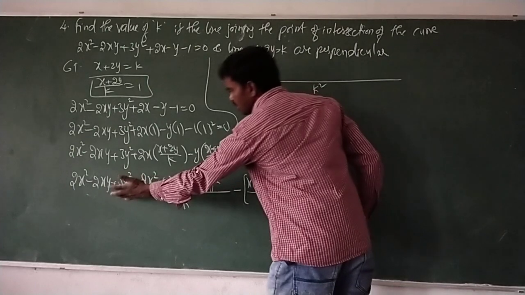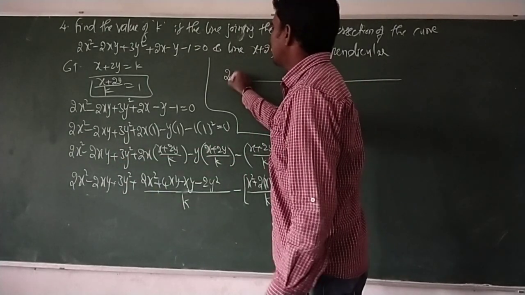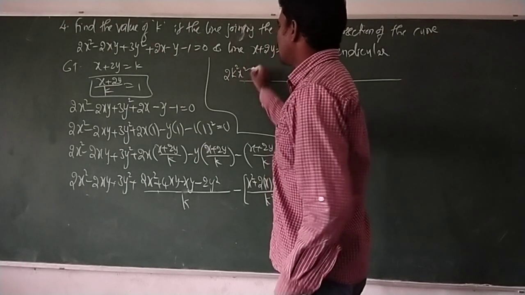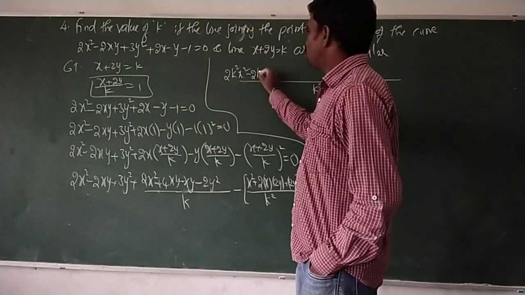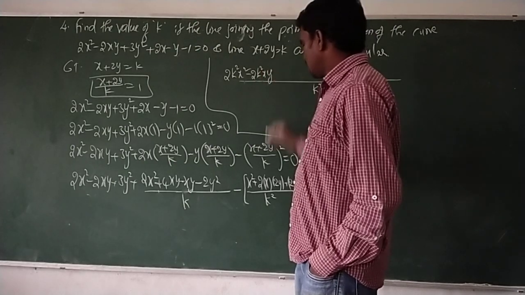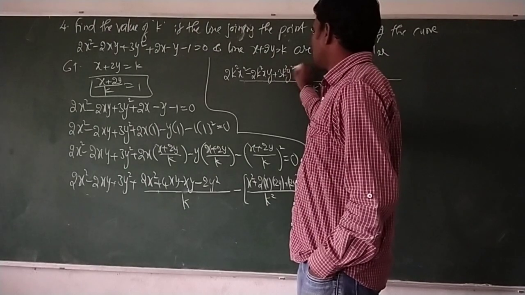Now, by nothing is there means k square into 2x square. What can we write? 2k square x square. k square into 2xy minus 2k square xy. k square into 3y square plus 3k square y square. Next,